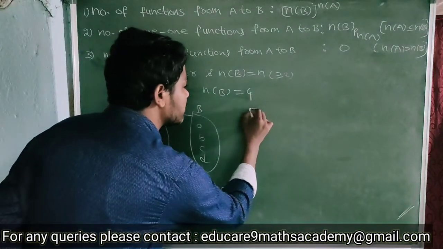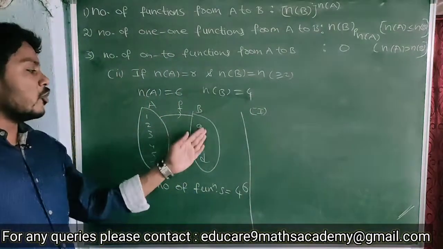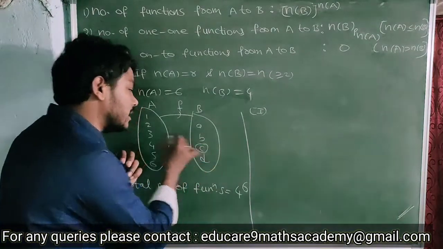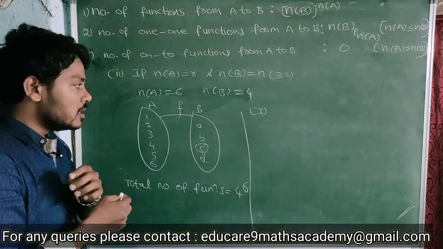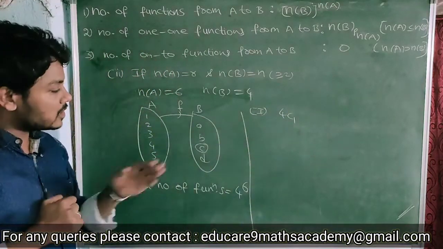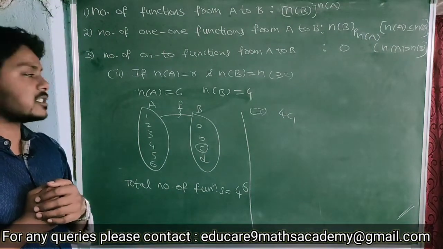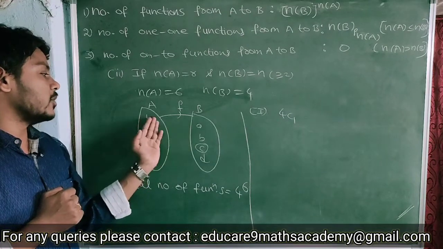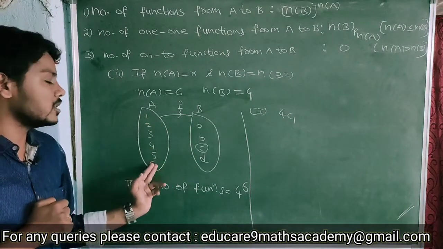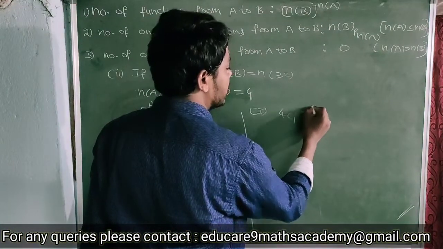Now in the sub cases. Out of 4 elements you can select any one. If you select C, that can be written as 4C1. So the remaining elements are A, B, D. In that case, what is the number of functions? One is mapped to A, one is mapped to B, one is mapped to D. So 3 chances for each one. So simply write it as 3 power 6.